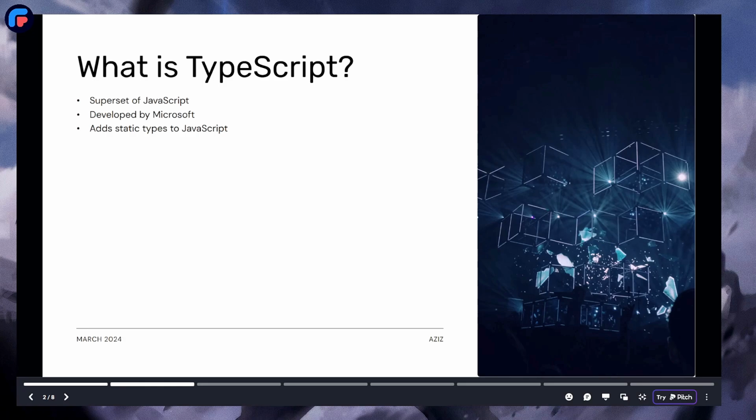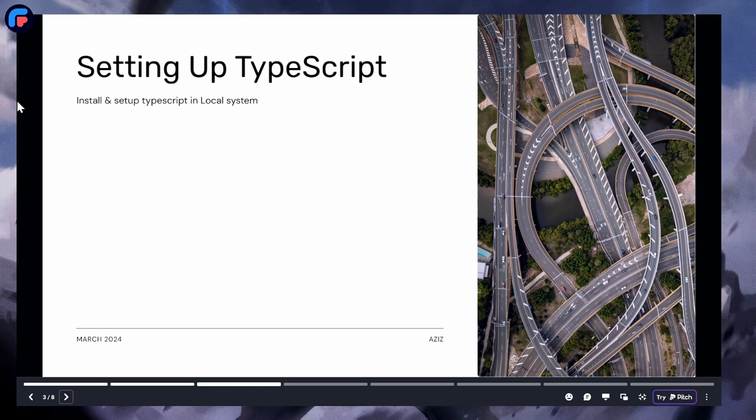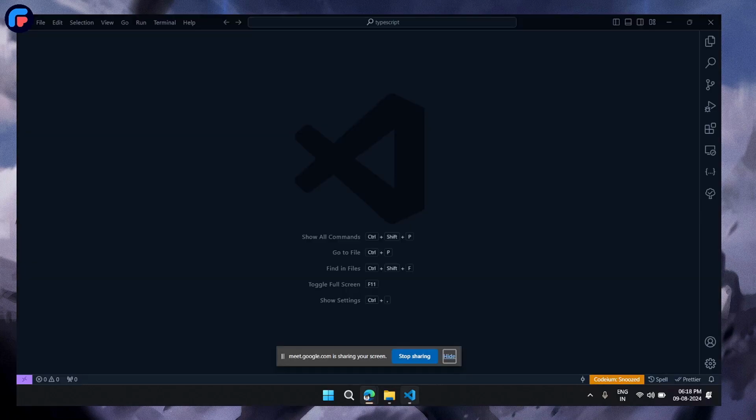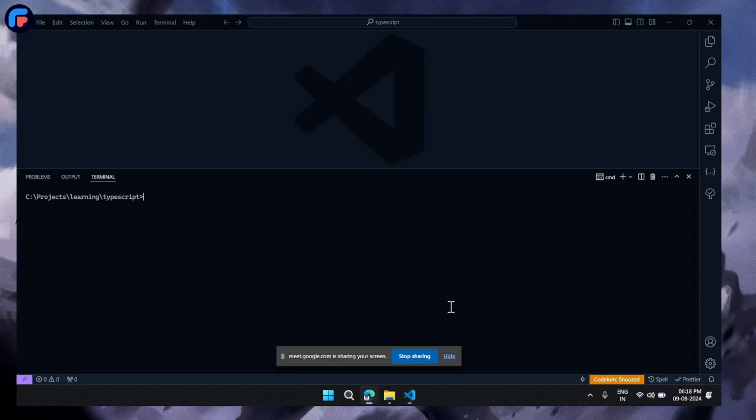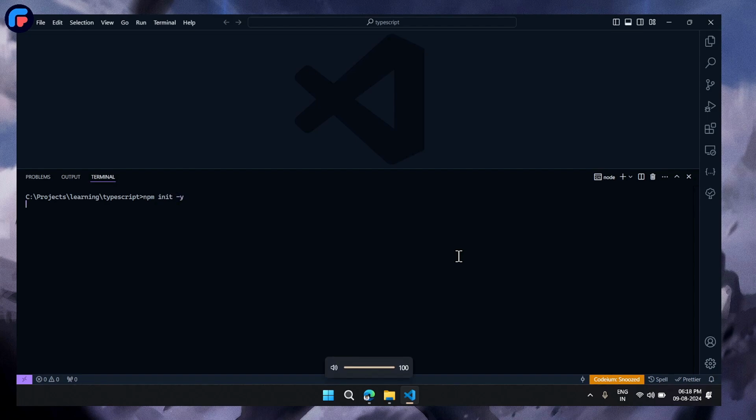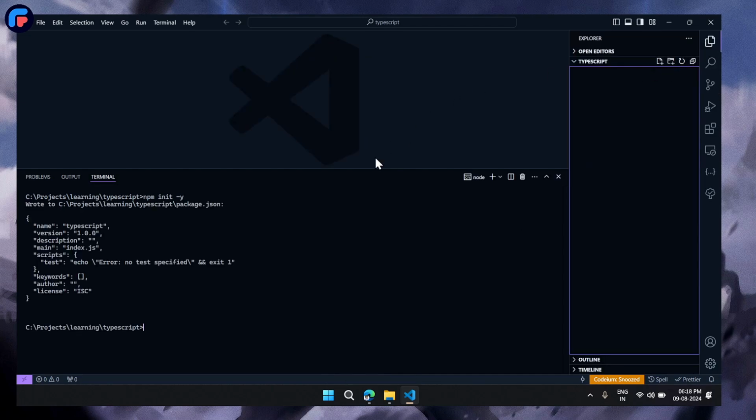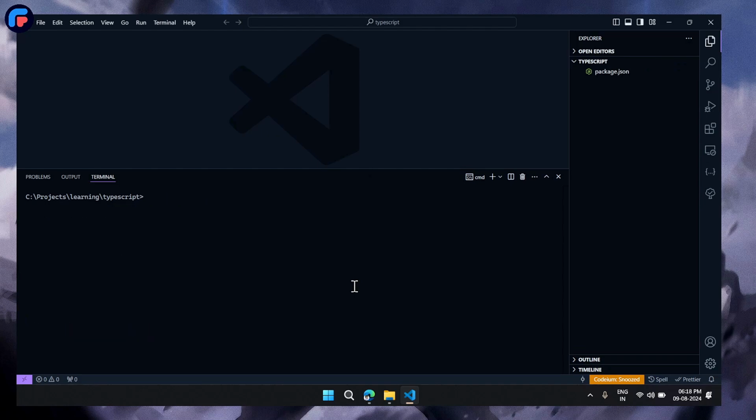So the first step would be setting up TypeScript. I will go to my VS Code, where I have created an empty folder, and I will initialize a project. Basically, we require two npm packages to run TypeScript in our Node.js environment. The first will be Node.js types and TypeScript,